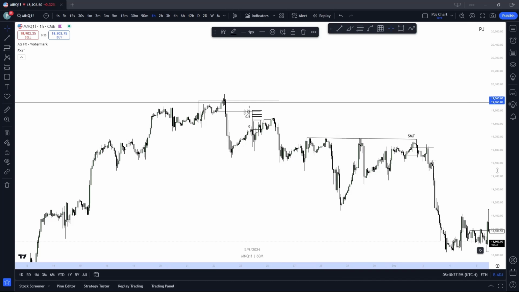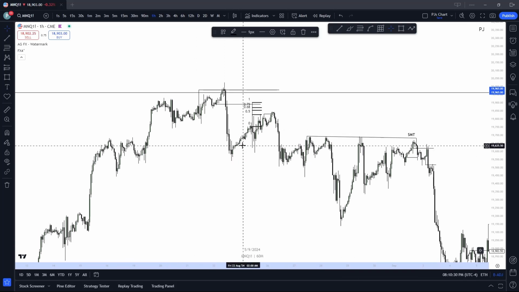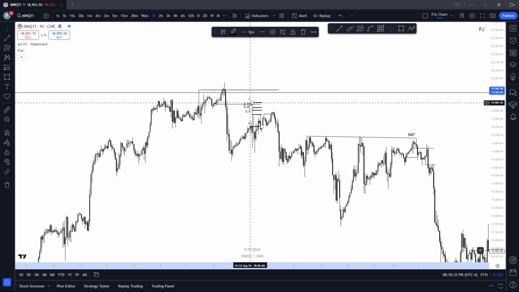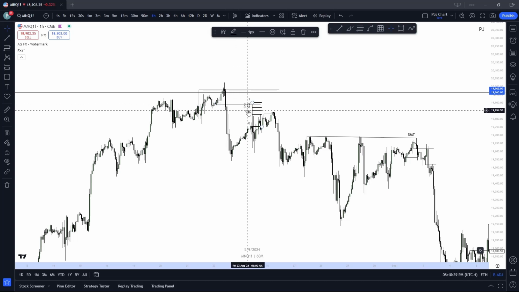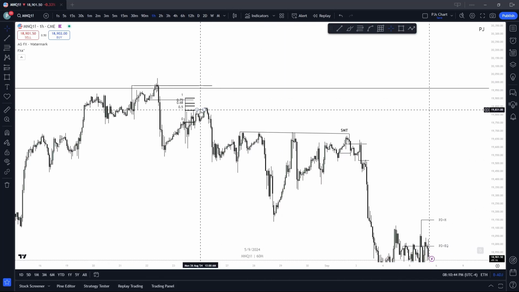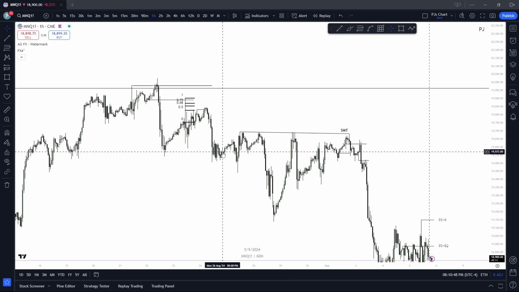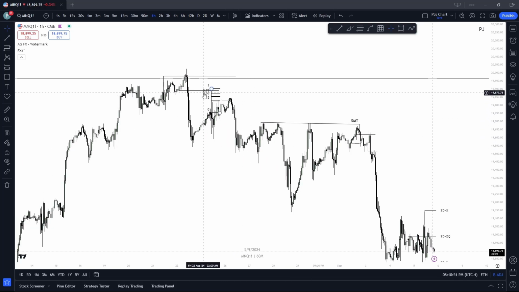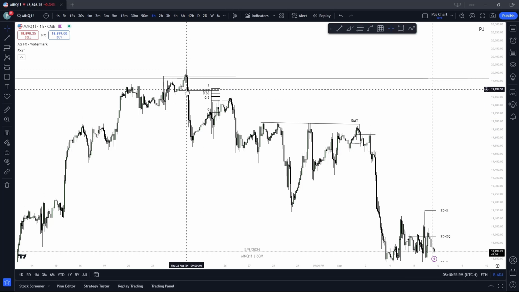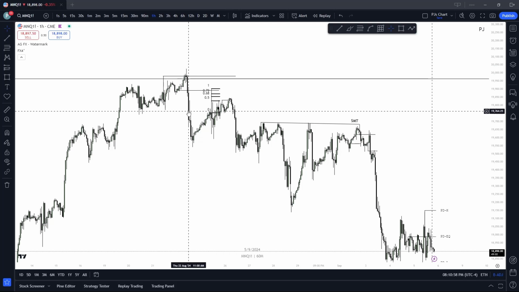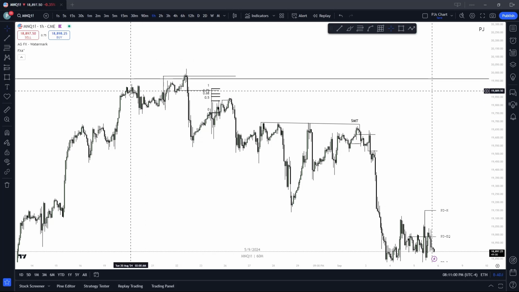We reaccumulate, manipulate into our then-created 4-hour breaker, then form a rejection block wick. We fail to close past EQ, reaccumulate, manipulate the high, deliver lower. Once we deliver buy side and then deliver sell side, as seen buy side here, and the sell side past this low, it then balances the price range